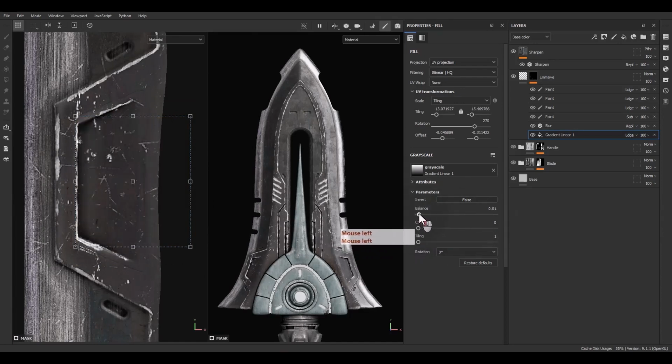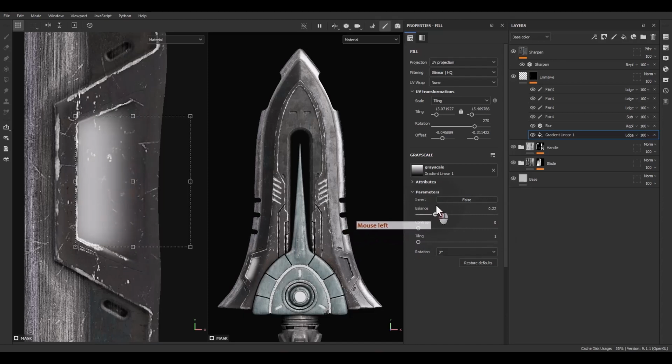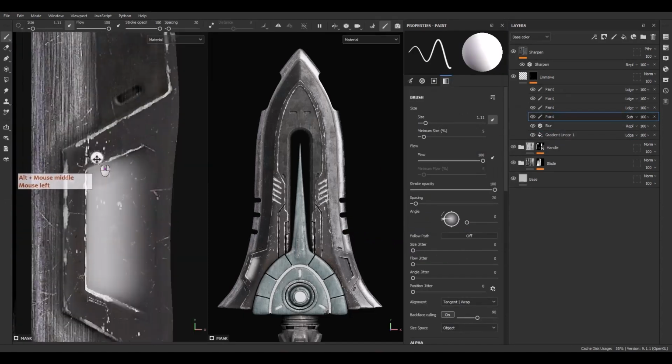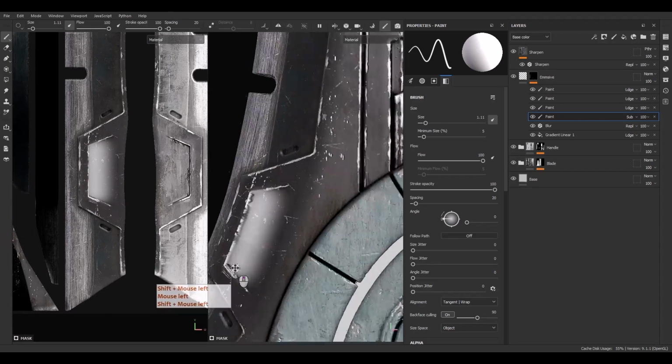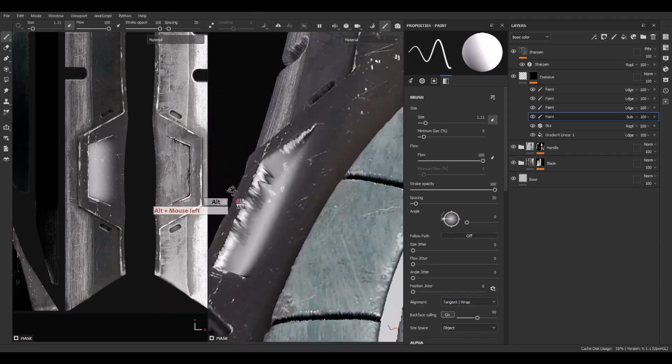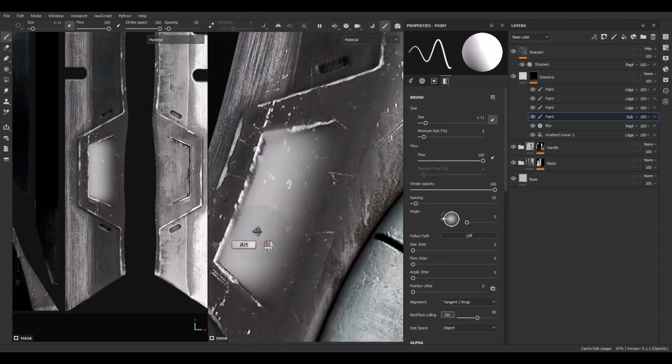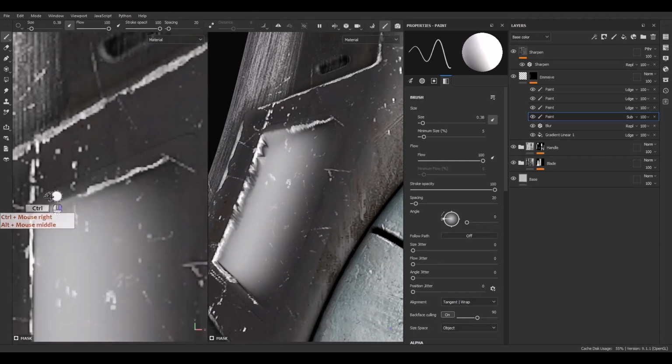Okay, let's decrease the balance. Okay, go over in the paint, and yeah, we are ready to go. Everything is good. We can check on the 3D view. Okay, maybe we can remove